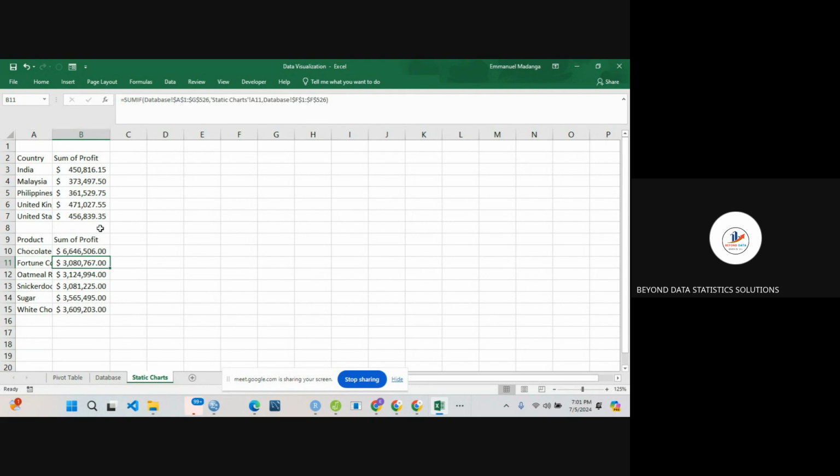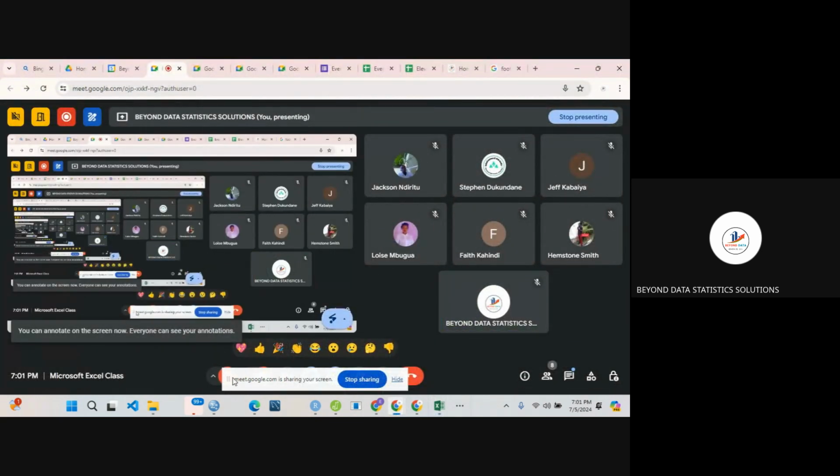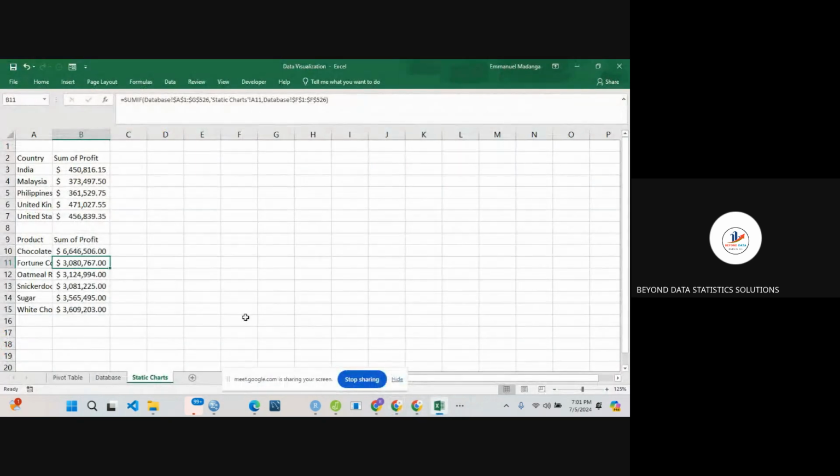And now we want to proceed and produce charts. Okay, so we'll just proceed and produce the static charts, and we'll start with the first chart will be about